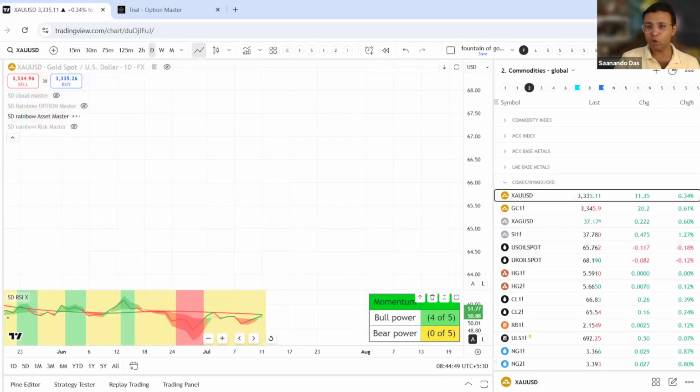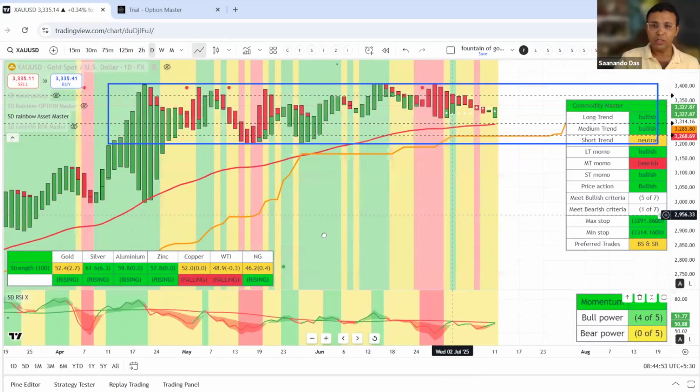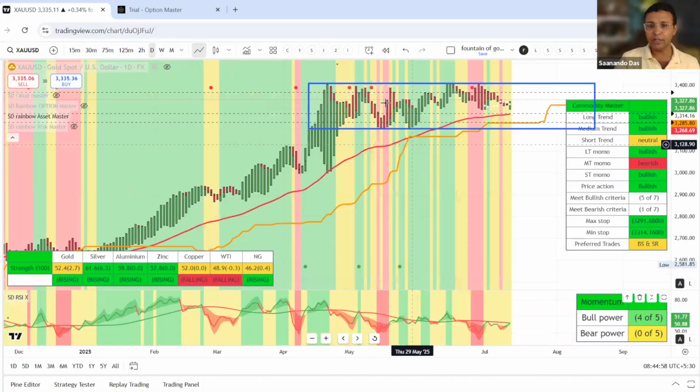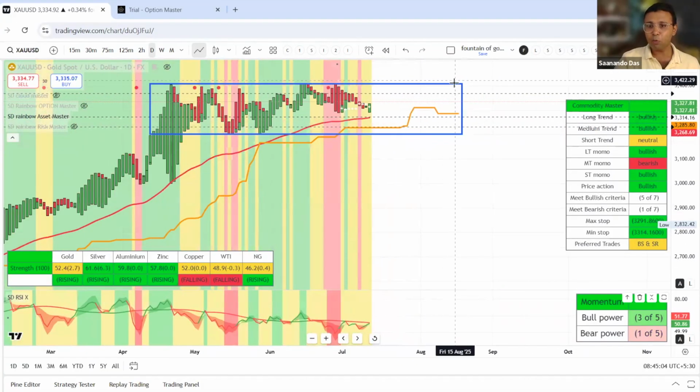Gold, I prefer to play more on the daily chart in the current context. And this green candle is interesting. This green candle looks like gold can make a comeback. But at this point, I can't say whether gold will break 3,400 or not. Very possible gold may continue its rangish behavior. There is a good threat that gold can break down at around end of July or early August.